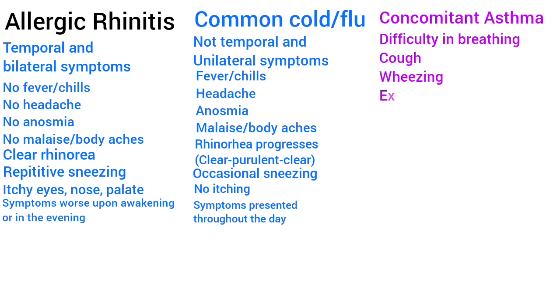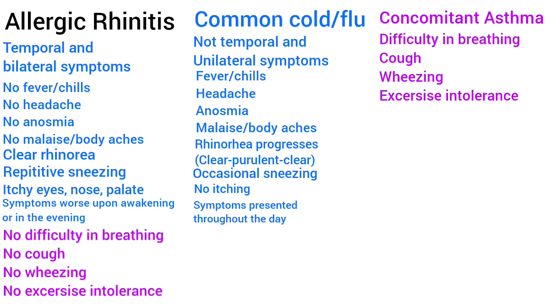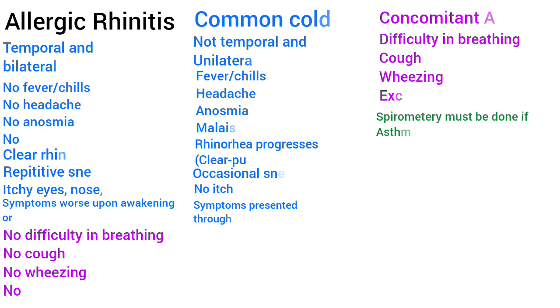Usually, in asthma, we will have difficulty in breathing or disordered breathing. We will have cough, wheezing, exercise intolerance. So we must evaluate for asthma on every follow-up visit, particularly in children. And also, we might perform spirometry whenever asthma is suspected. Also, how do we differentiate if we have a complication? For example, how do we